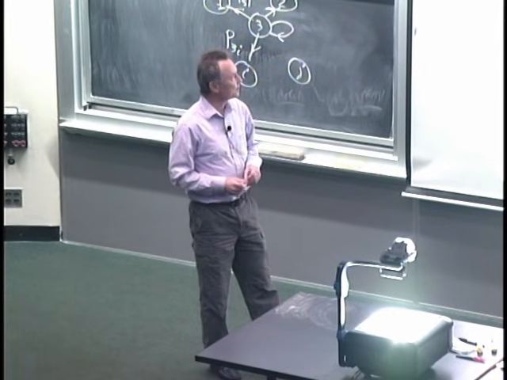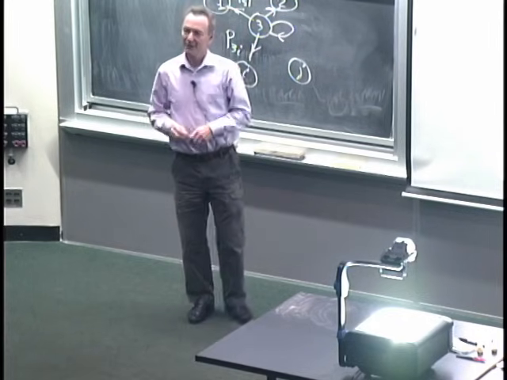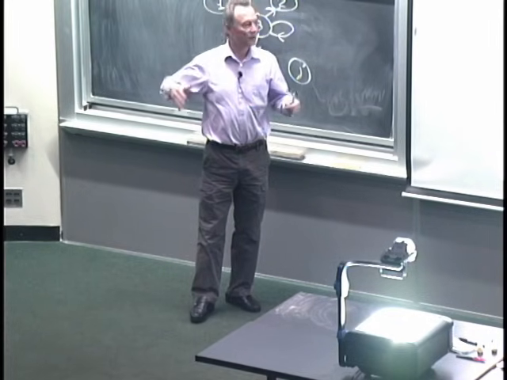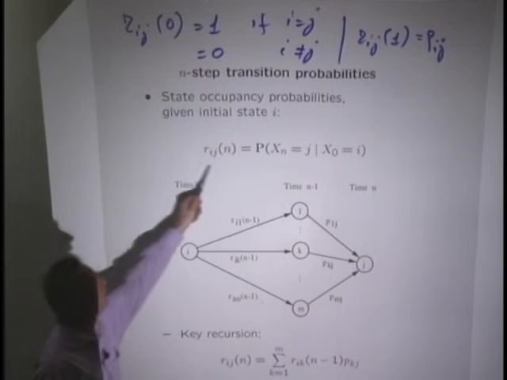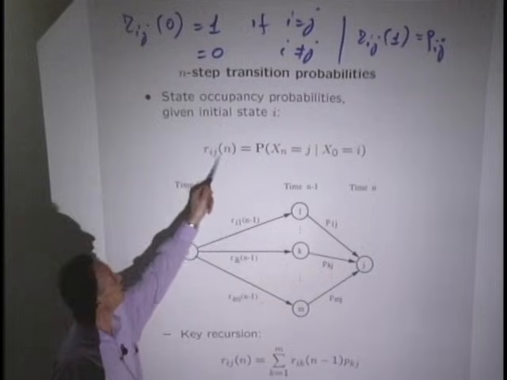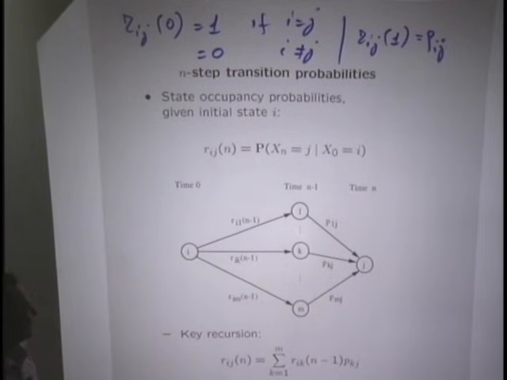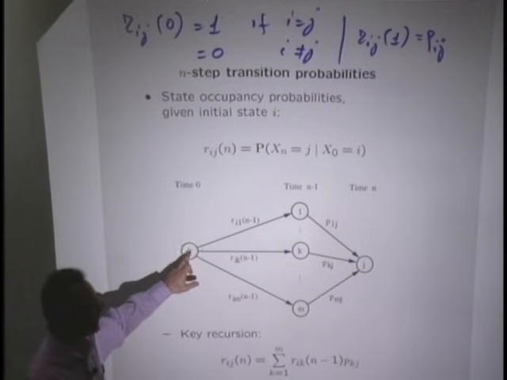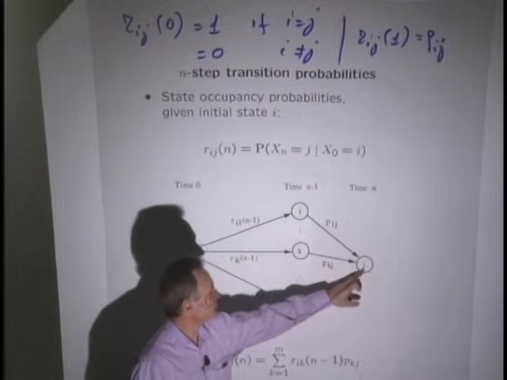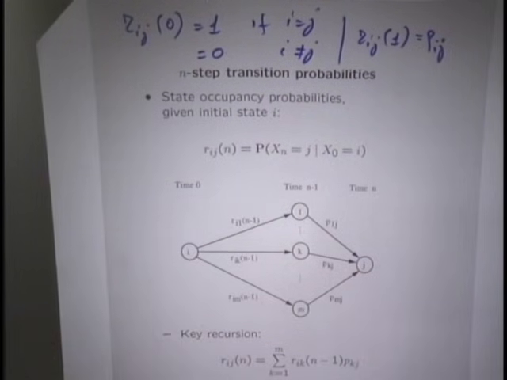Okay, so here we're going to use the total probability theorem. So we're going to condition into different scenarios and break up the calculation of this quantity by considering the different ways that this event can happen. So what is the event of interest? The event of interest is the following. At time 0, we start at i. We are interested in landing at time n at a particular state j.